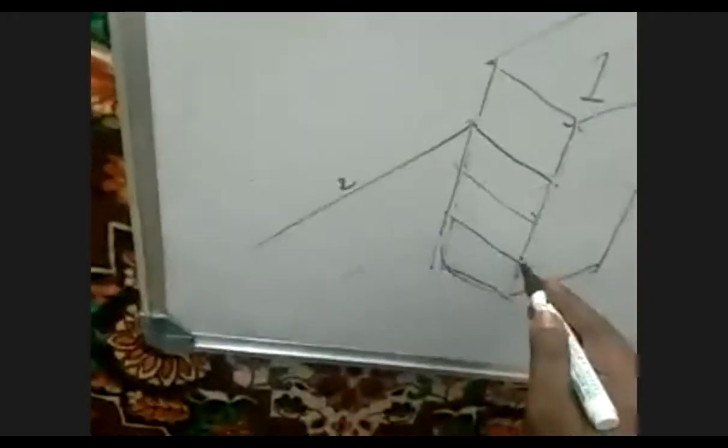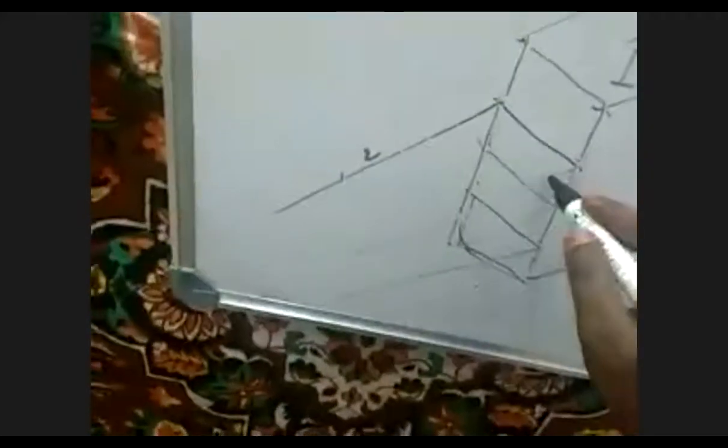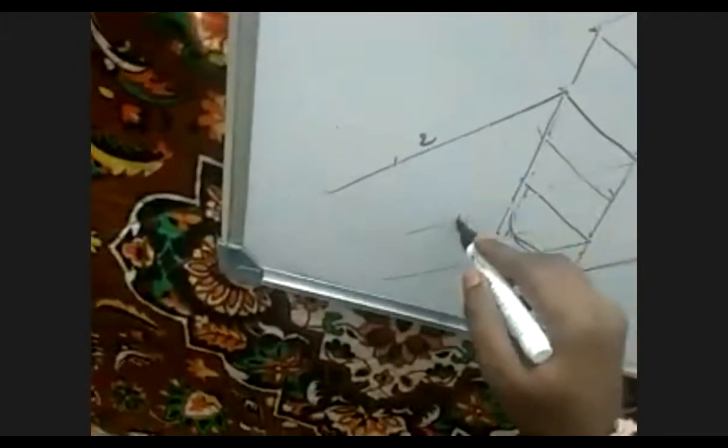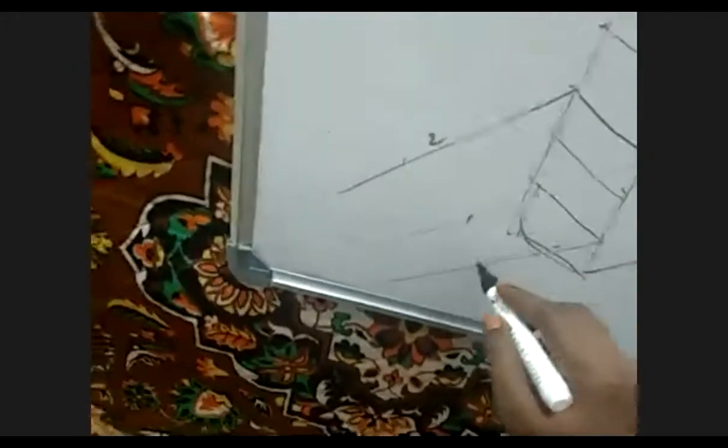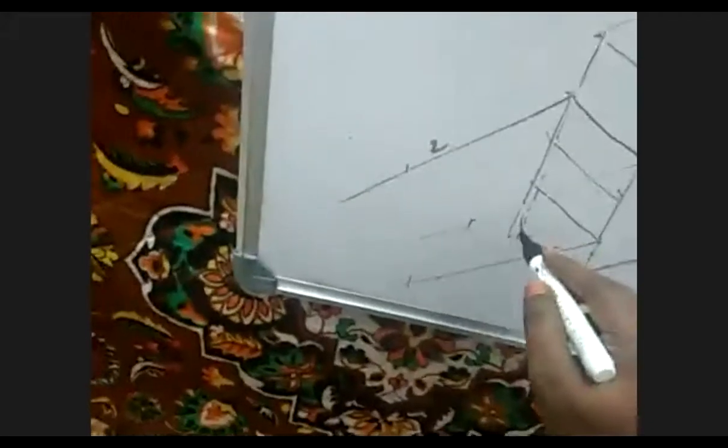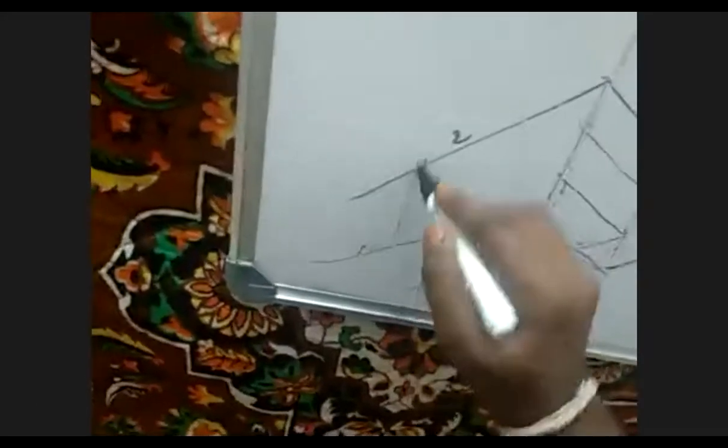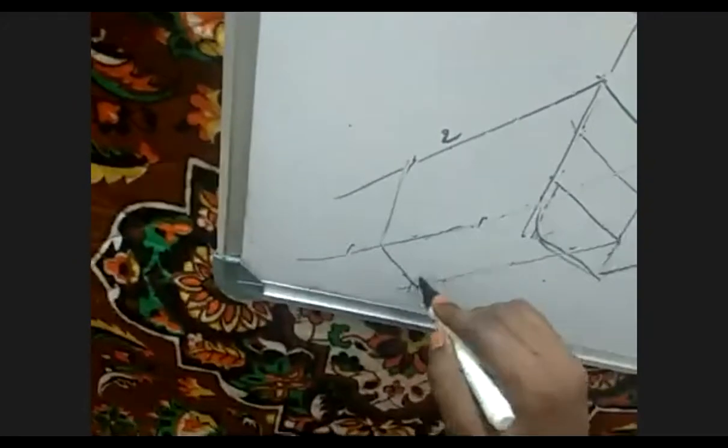It will be very proper. So just draw one line. Draw lines from each and every corner. Length is 60, so you have to count 6 boxes. From here, 1, 2, 3, 4, 5, 6. One corner, 1, 2, 3, 4, 5, 6. One more corner, 1, 2, 3, 4, 5, 6. Third corner, 1, 2, 3, 4, 5, 6. Fourth corner. So if I connect it, I'll get a profile like this.